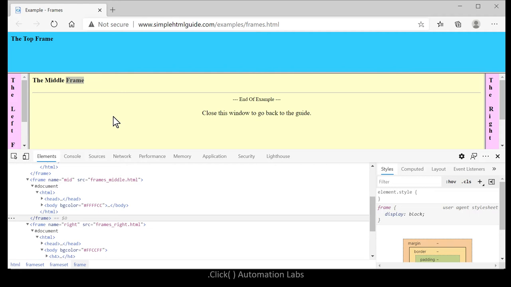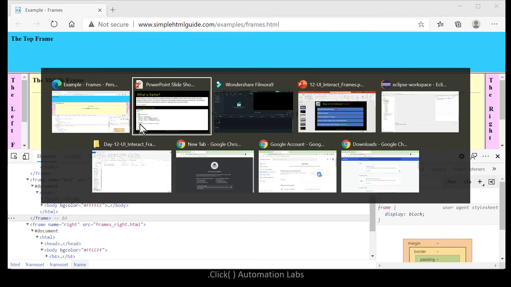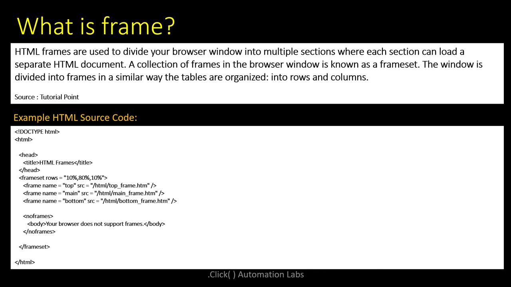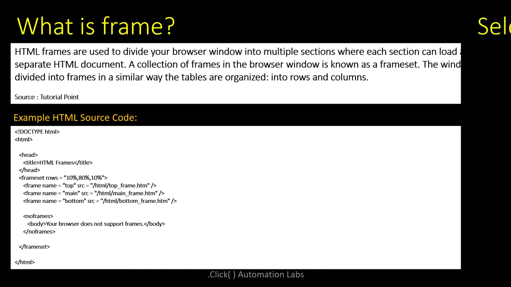If you want to interact with any of these elements, you cannot interact directly until you switch your WebDriver focus to the frame. We will see how to switch in one example. So this is about frames.